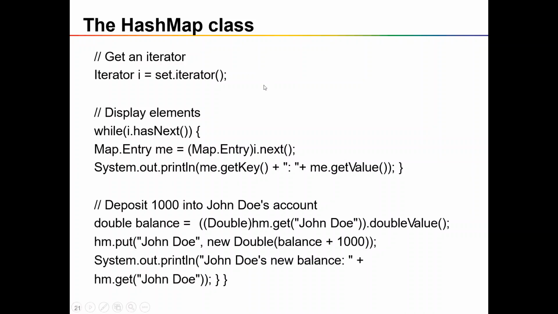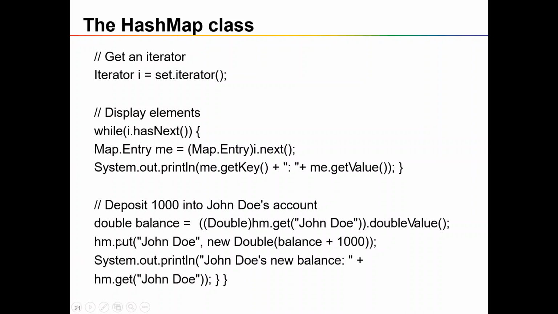So here we are simply printing everything, and here we are making some manipulations. I'm going to retrieve the balance. In the get method, I'm passing a key value, and I'm converting that into double. So here I will get a double value, and I'm storing it in a balance double variable. Likewise, if you know the key, you can get the corresponding value.